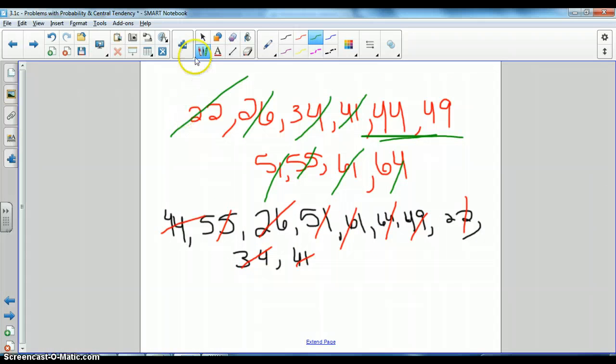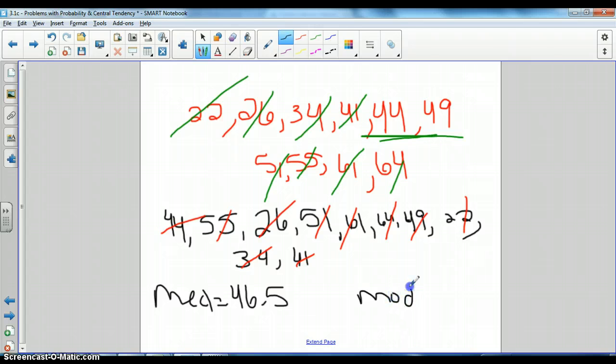Okay, and we're just going to keep talking about this data. Median is 46.5. Okay, now let's talk about the mode. This one would have no mode because no numbers repeat. Okay, my mean